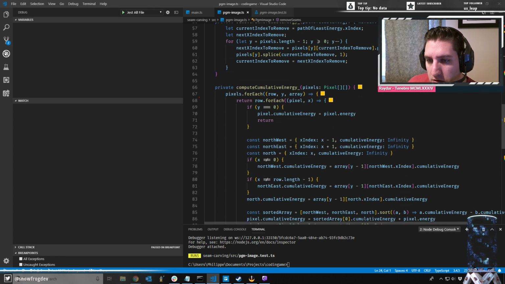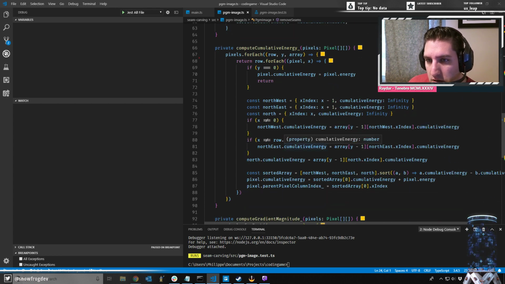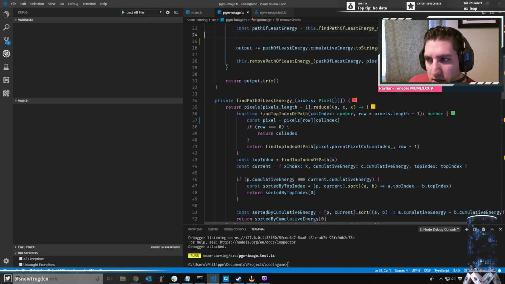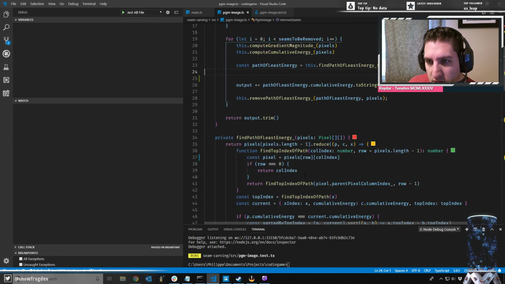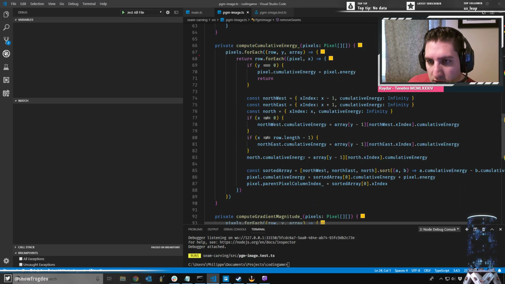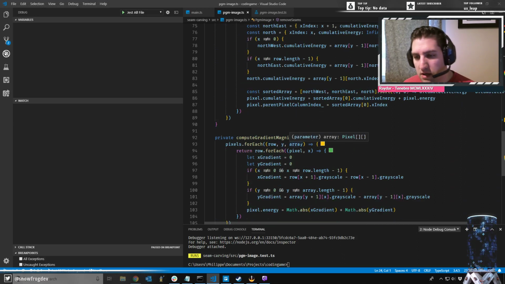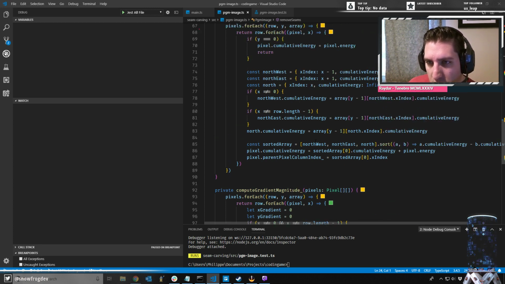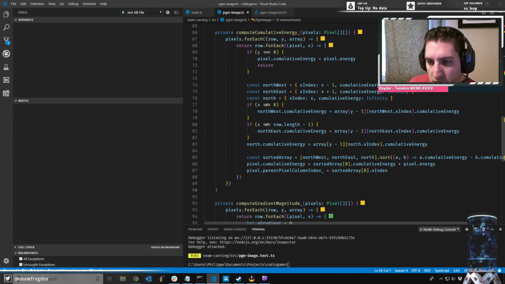Cumulative energy. Find myself coming back here. Unless I have to store an array of all seams. I could completely change the way I'm doing this, but I think it would be more computationally heavy to do it the way I'm thinking now. Would make it easier to debug though, but